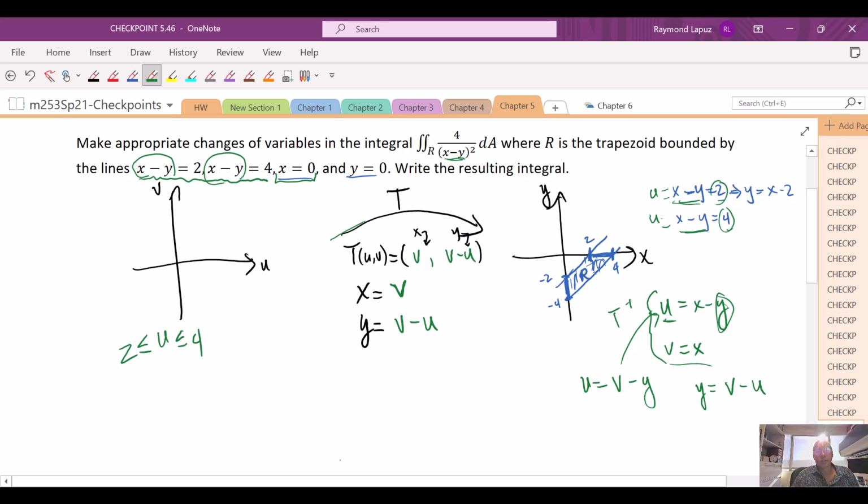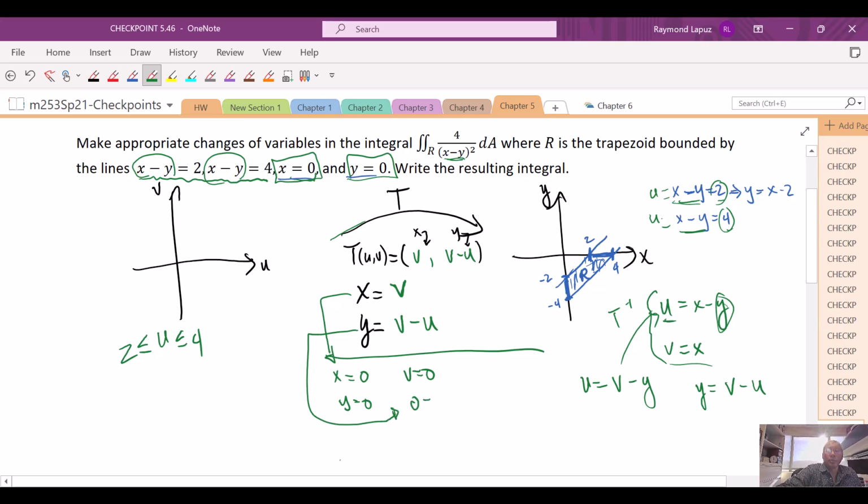And now let's figure out where v is going to go. To try to figure out where v is going to go, we are going to take a note to say v x is equal to 0. That's like saying v is equal to 0, so that's one of the boundaries over here. And then the other boundary is y is equal to 0. So if y is equal to 0, let's take a look at this equation here